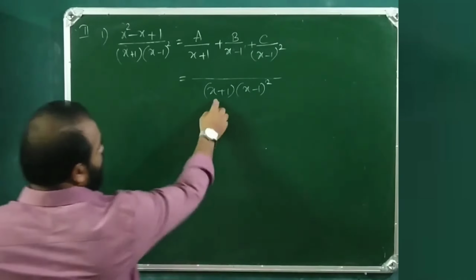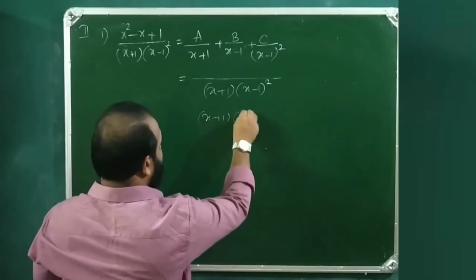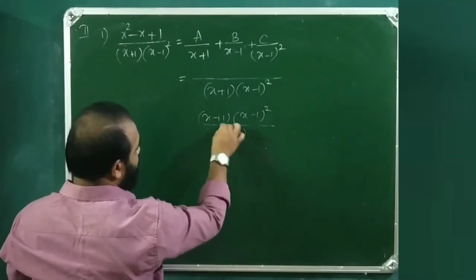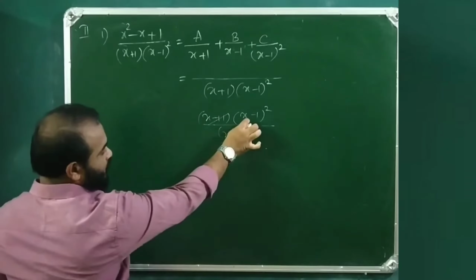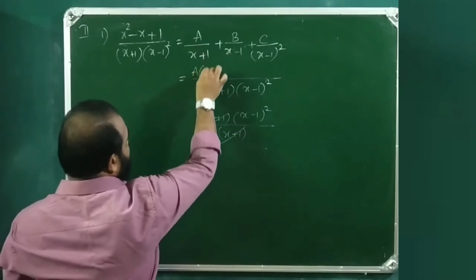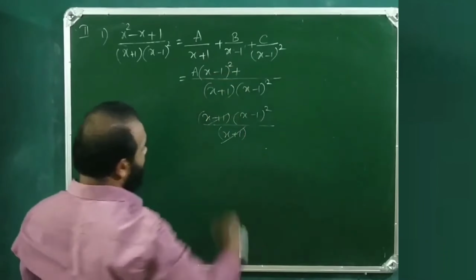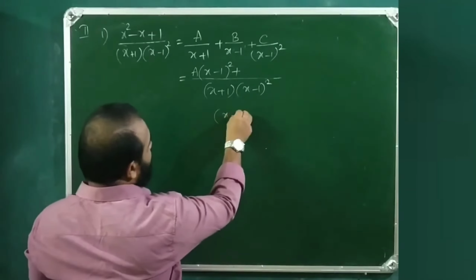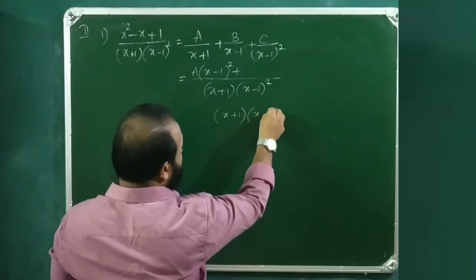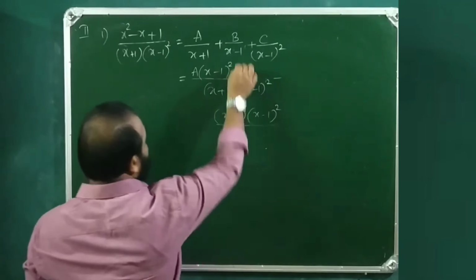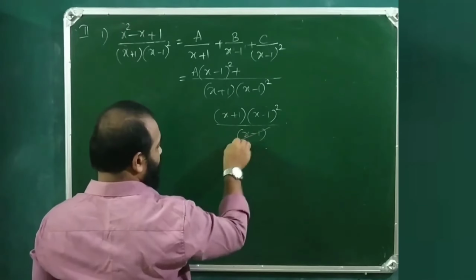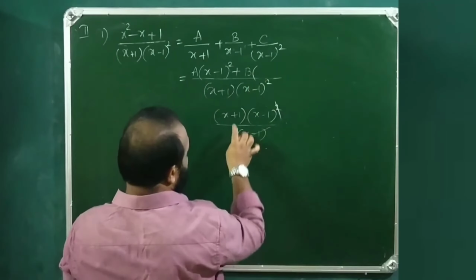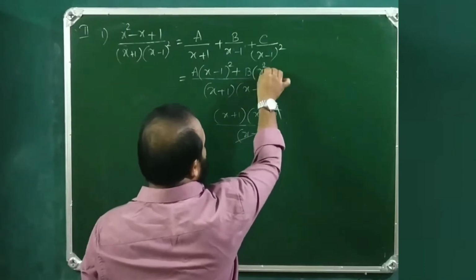Now see this: x plus 1 into (x minus 1) whole square by x plus 1. This gets cancelled, so (x minus 1) whole square into a. So this is a into (x minus 1) whole square, plus this is x plus 1 into (x minus 1) whole square by x minus 1. So this and this get cancelled. So b into this is x square minus 1,